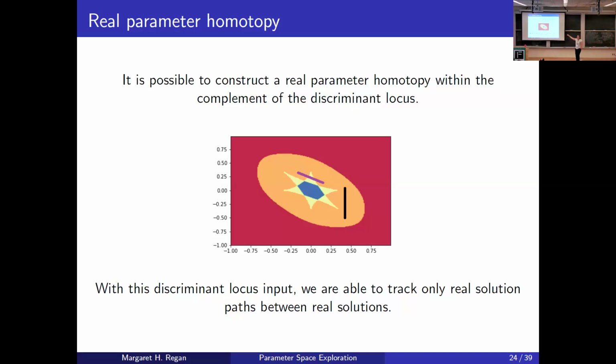But if we have this picture of the discriminant locus, if we're able to understand the location of the connected components of the complement of the discriminant locus, then we have the ability to take a point that we say we want to find the solutions at the bottom of the black line. So corresponding to the parameter point at the bottom of that black line to the right. And we say, okay, well, we have the solutions here. And so we're going to take just a real parameter homotopy from that start parameter point value at the top